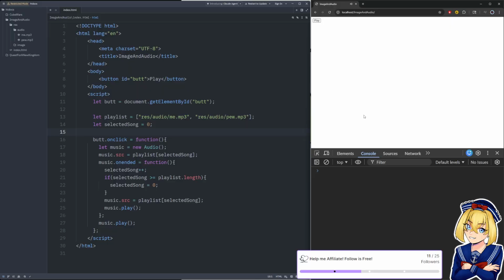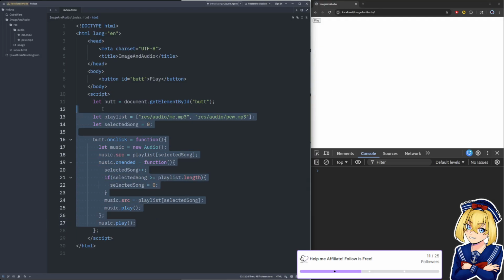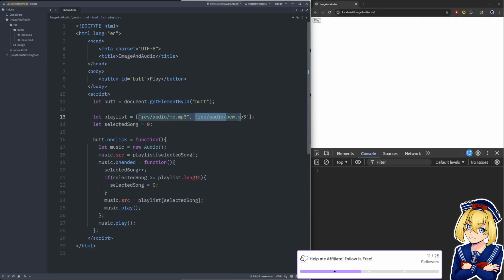Okay. All right. So it's working as I intended. So this would be a really quick, like, background music kind of function that you could make. It's just, I have a list of music that I have like in a folder stuffed away somewhere, and I want to play from the beginning to the end, right?